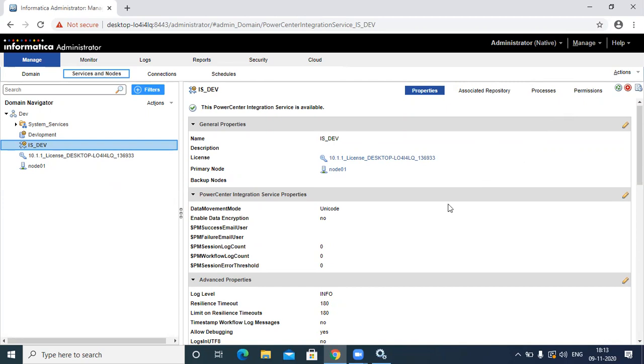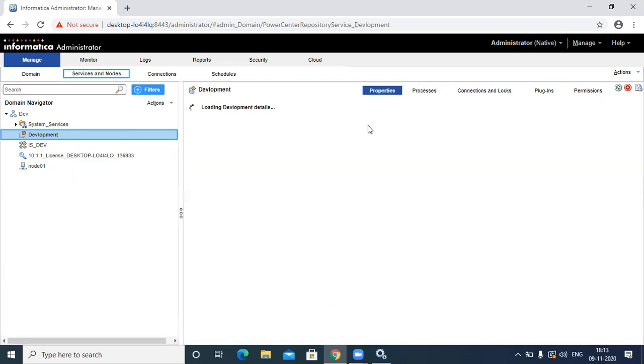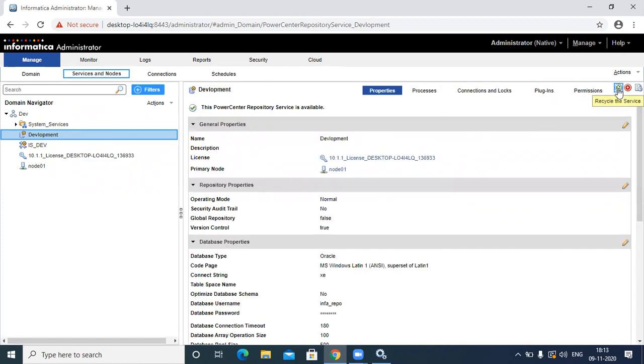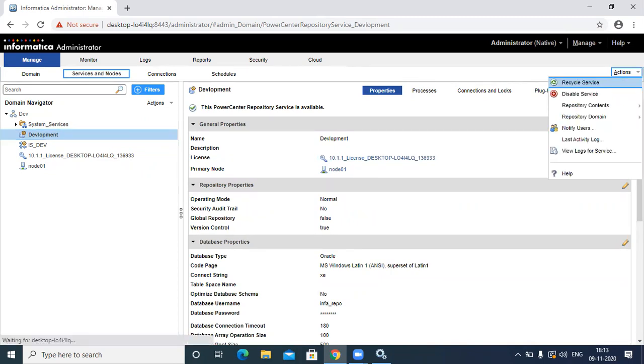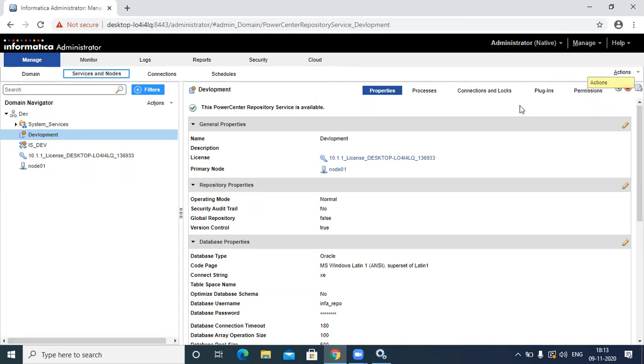Okay, same way as earlier, we discussed the repository service recycle, right? We can use this option to recycle the repository service, and we can also do the same thing under Actions, Recycle, Disable. So in which scenarios will we do a recycle? If it is not able to connect to the repository database, info_repo, it means there is a network interruption between the database and Informatica. At that time, it will go into a hang state, and also sometimes